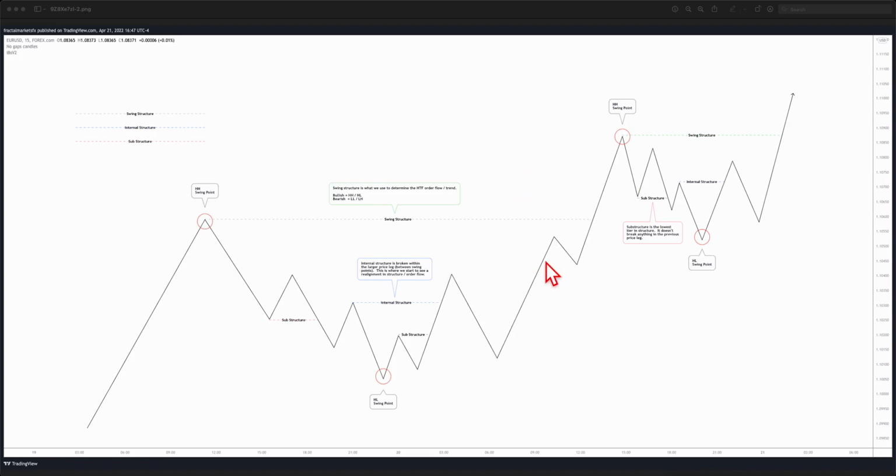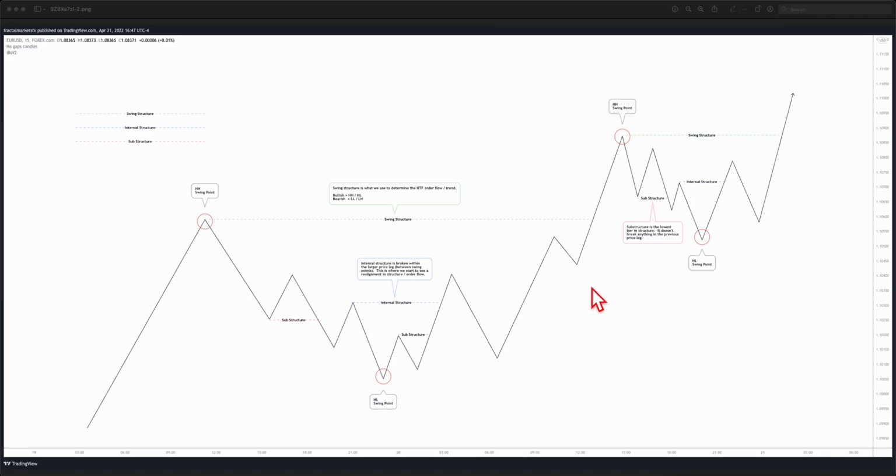The last one is basically substructure, which is essentially, it doesn't break anything to the left hand side. It's just an internal break of structure going down into our leg, and then a substructure break would be basically this level right here, which does not break an internal structure level, but it breaks a structure underneath that level, so we call this substructure. So just to kind of